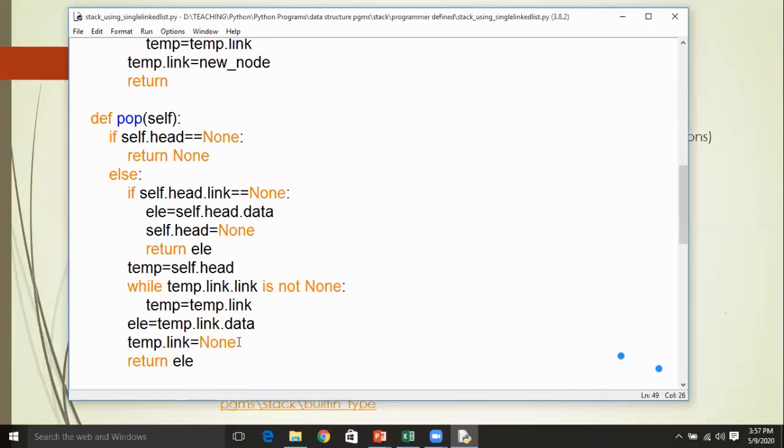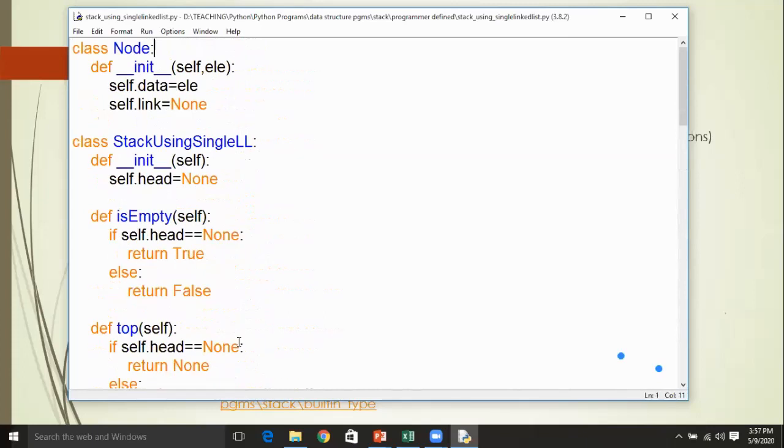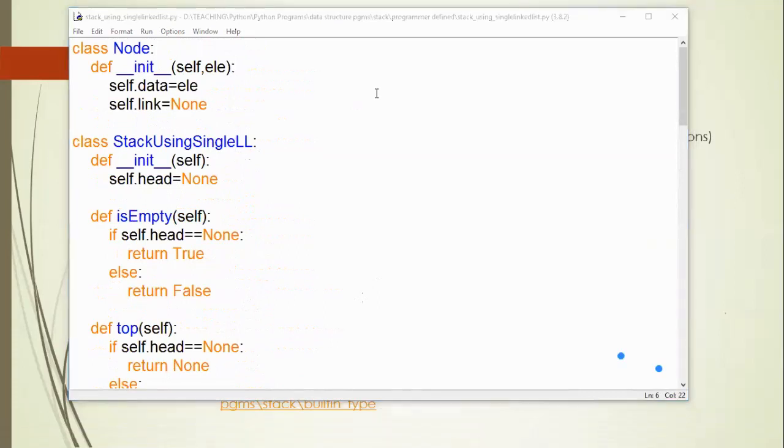Temp is the last but one node, and its link value is none, so the last node's address is unknown to the list, or to the object of this single linked list class. So let us execute this and see how this is going to work.